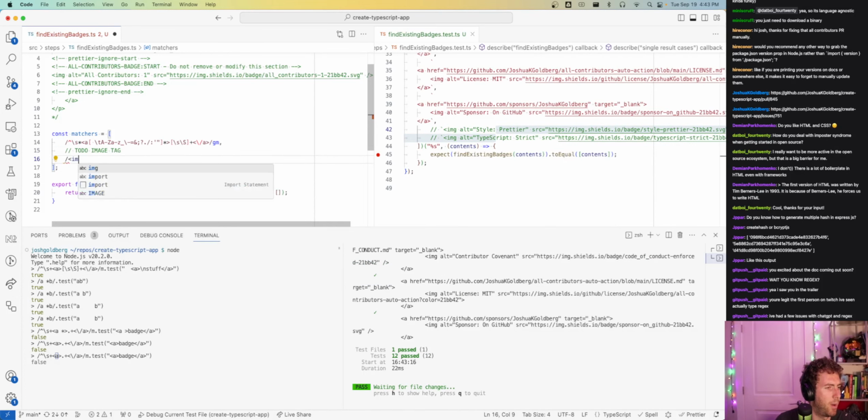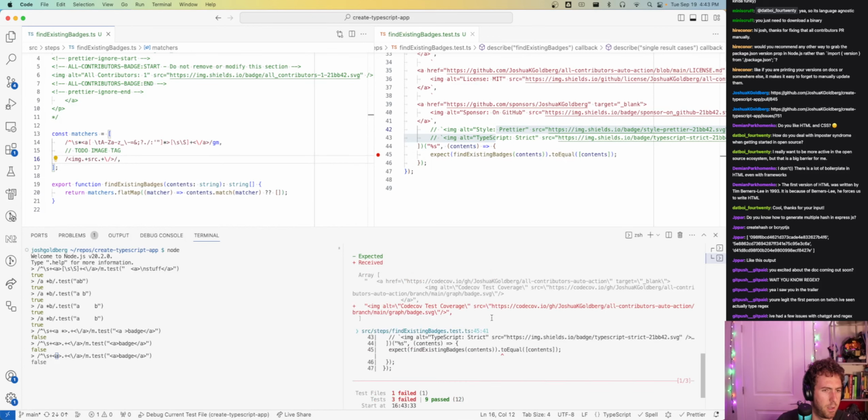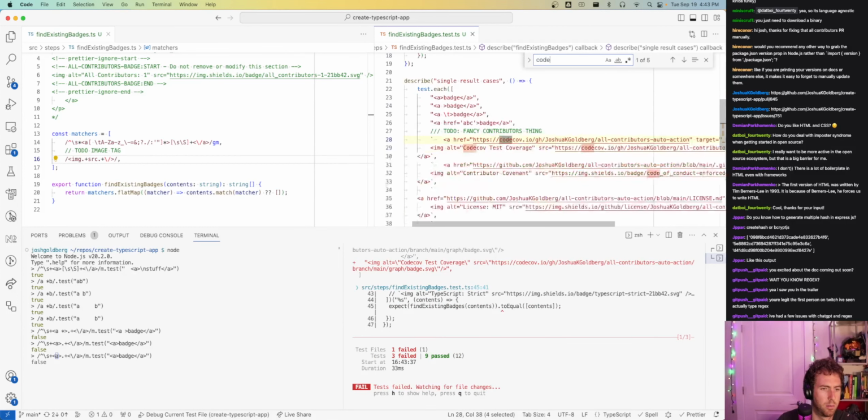Then I want the image to actually have something in here with a source. So I want something here with source in it. Image alt equals code type test coverage. Aha. Oh, this is funny. So two matchers are matching on this. So how do I make it so that